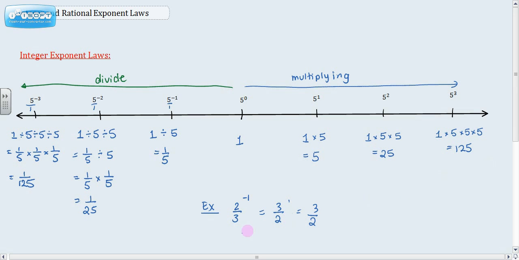Okay? And if I had 2 over 3 to the power of -2, that would mean I would flip it, 3 over 2, and I would take the whole fraction and multiply it by itself twice. Or take 1 and divide it by 2/3, divide by 2/3, which means I flip it and multiply it twice. So then I actually have to apply my power to each, the numerator and the denominator. So 3 to the power of 2 would be 9, 2 to the power of 2 would be